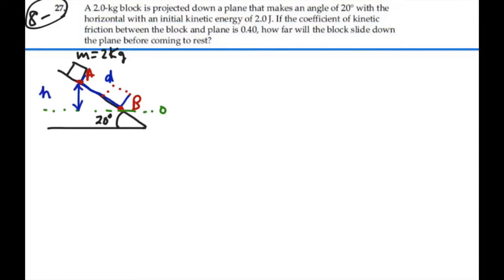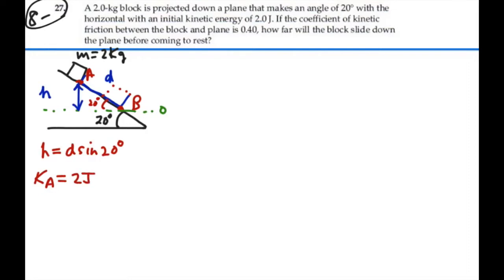And then our height above that is going to be our height to point A, h. Now if we look at this triangle here, we can see that this angle of this triangle is the same angle, 20 degrees. And h is going to be equal to d times the sine of 20 degrees. So that is our height at point A. We're also told that the kinetic energy at A is 2 joules,